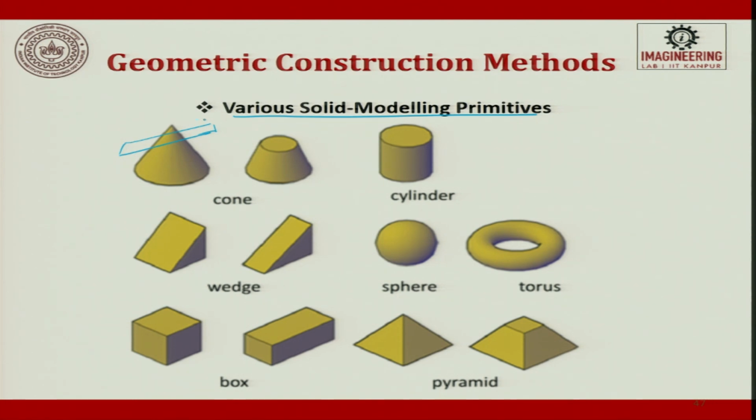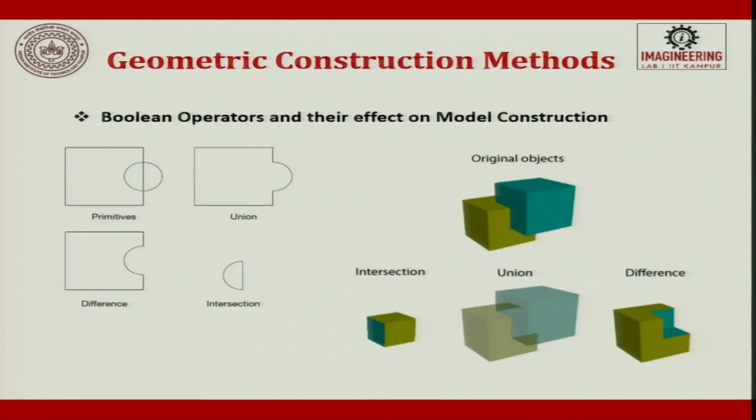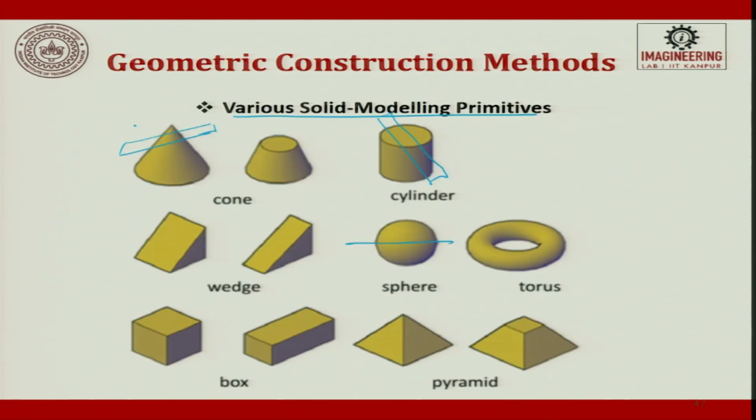So, you see here a cone is cut, you get a circle. Then you draw a cylinder, you want to cut a cylinder, you can get it done, you can get a wedge shape. Then you get a sphere, then you can develop a hemisphere, you develop a torus, cube, cuboid, pyramid, and a cut pyramid. So, these are the shapes which are already available in the library function of any 3D software you take, and under solid modeling you have all these options. Now, you have all these objects.